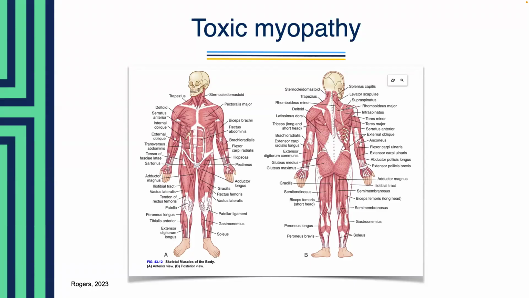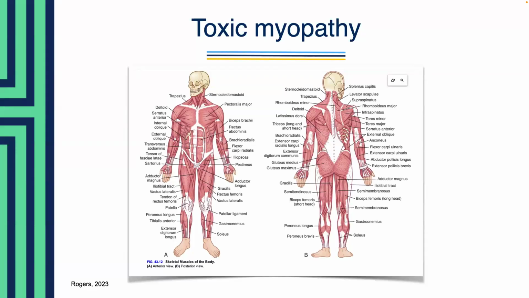So we're going to concentrate more on the effects of alcohol and it being the cause of toxic myopathy in our discussion today. So the direct toxic effects of alcohol on muscle cells plays a huge role, and alcohol impairs muscle protein synthesis. It increases oxidative stress and mitochondrial dysfunction within the muscle fibers. And then finally, it disrupts the electrolyte balance, all of which contribute to muscle injury, weakness, and atrophy. So nutritional deficiencies from chronic alcohol abuse can exacerbate the condition, but the primary insult is the direct toxic effects of the alcohol on the skeletal muscle.